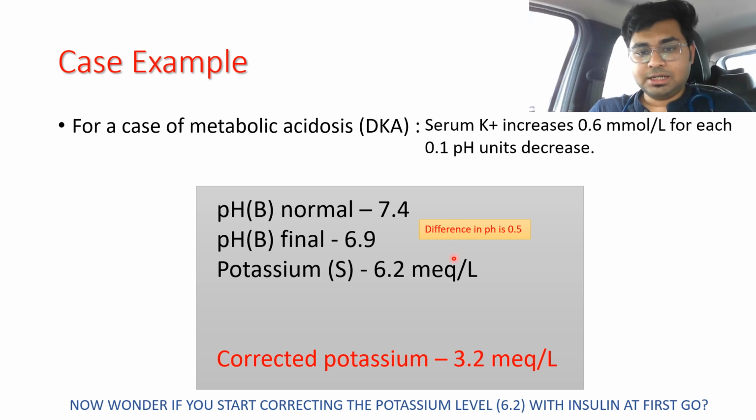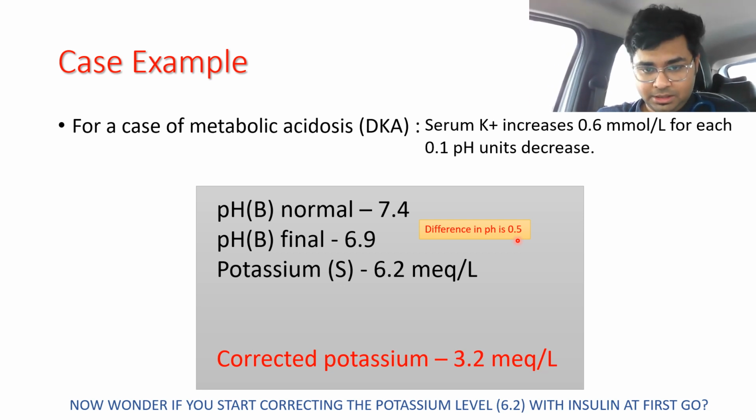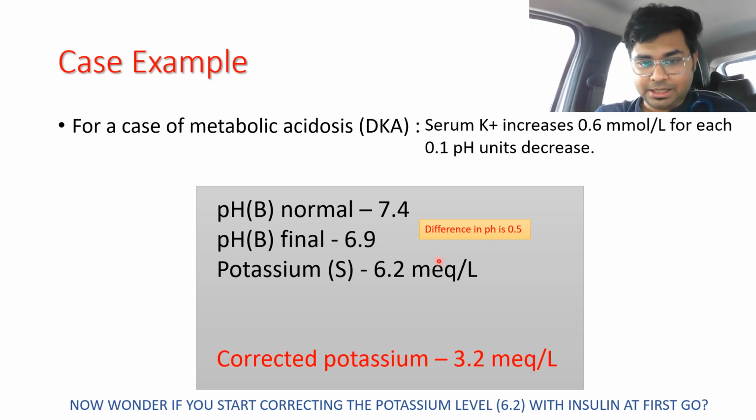So the decrease in pH is 0.5, and according to this formula potassium would have increased by 6 times 0.5, so the increase should have been 3. So what we have to do for the corrected potassium level is